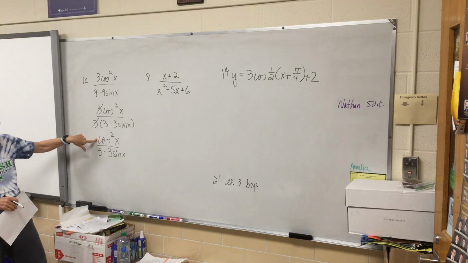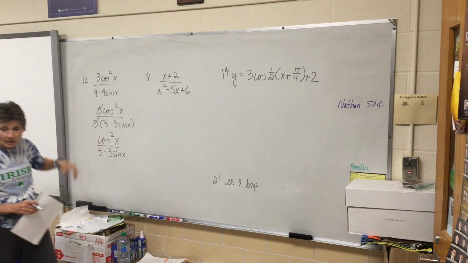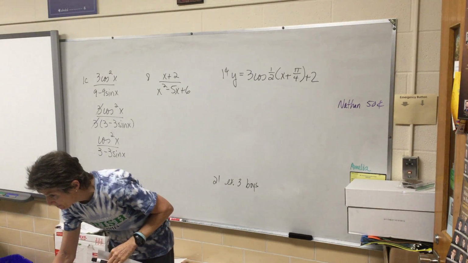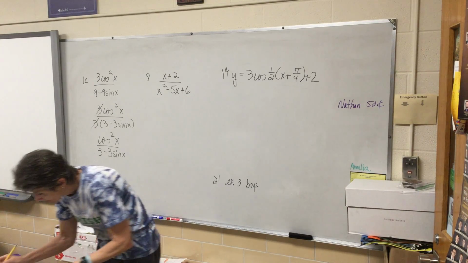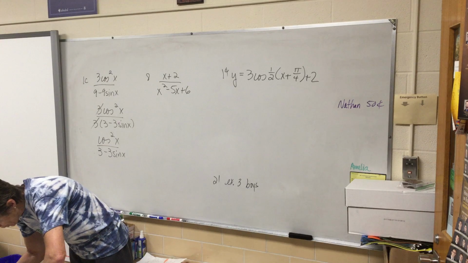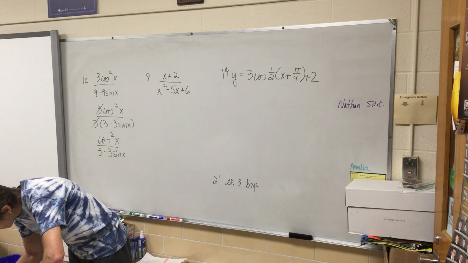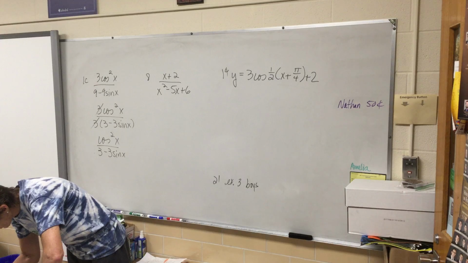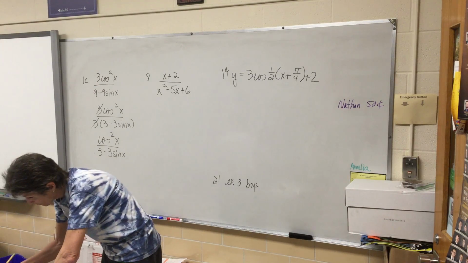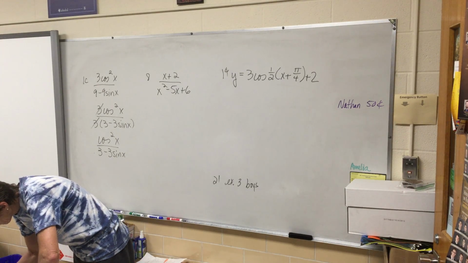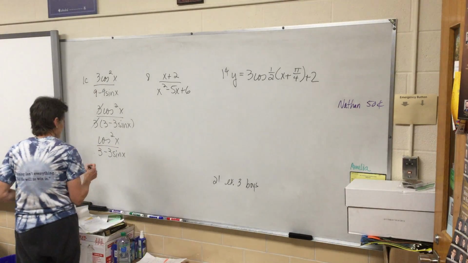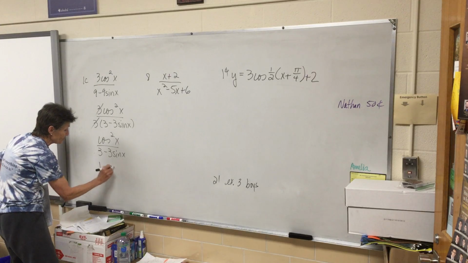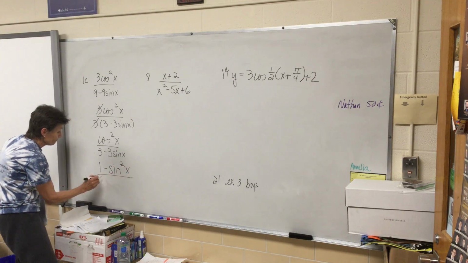Now at this point, nothing else is going to cancel there. However, you do know that cosine squared can be rewritten. Who remembers how cosine squared can be rewritten? Isn't it 1 minus sine squared? It is 1 minus sine squared. So if I do that, 1 minus sine squared,